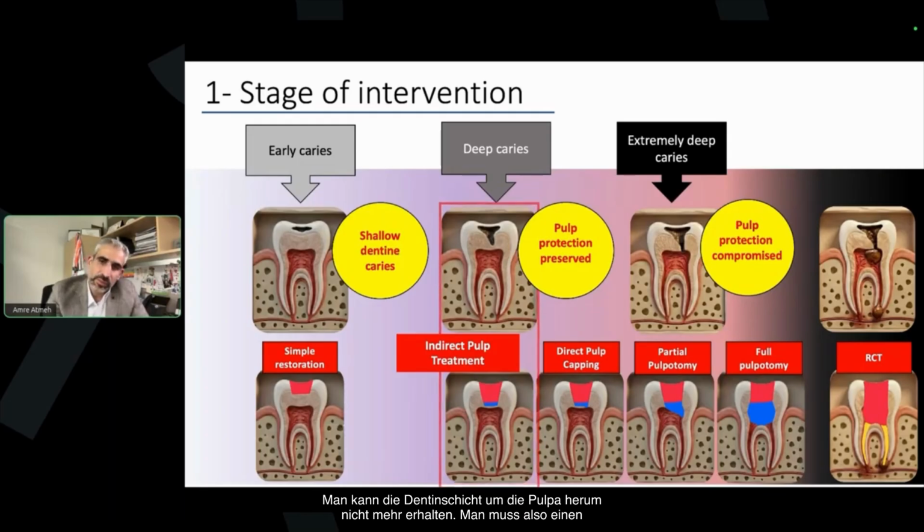In these cases, the pulp protection is already compromised. You're not able to preserve the dentine shell around the pulp. So you're not considering the most invasive approaches, like RCT and extraction, but still you have to consider a more invasive approach than just a simple restoration. And that's where the indirect pulp treatment is actually located. So it's in between the simple restoration and the